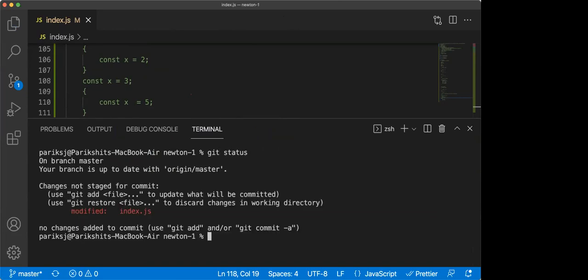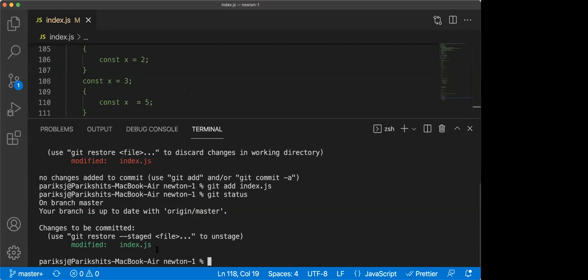Git status. Okay, one file has changed. What do I do with this changed file? Git add index.js. Okay. I do git status again to check whether it has staged or not. Stage हो गया. Now I say git commit -m